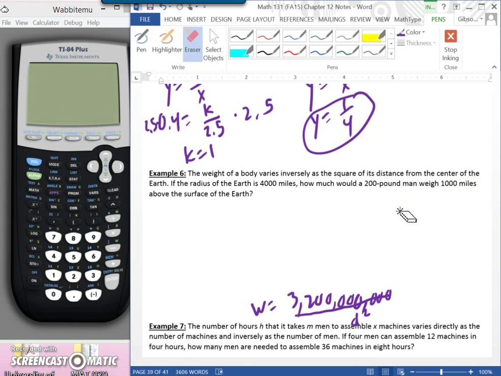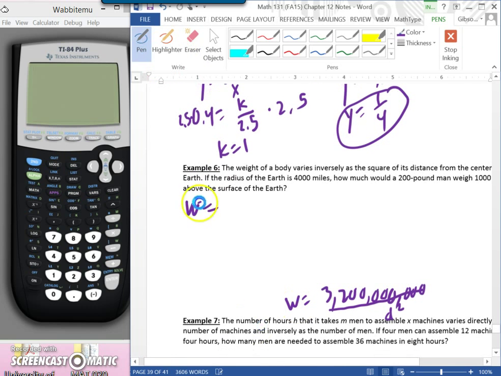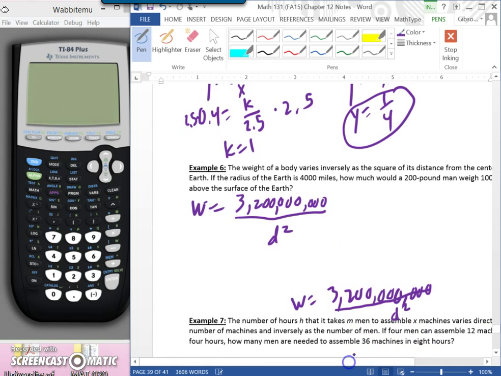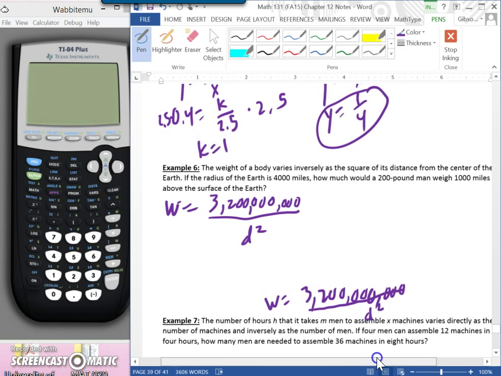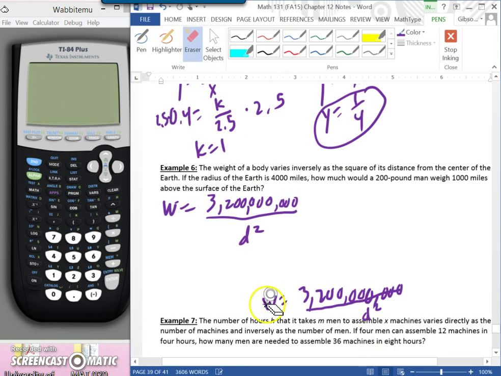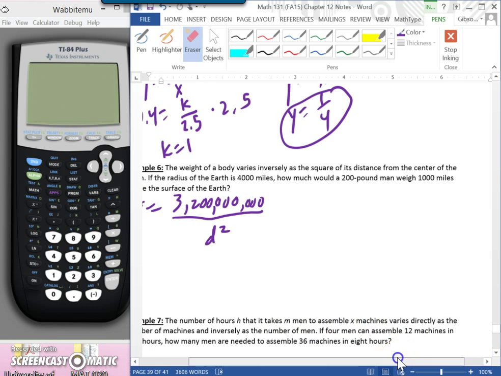So let me rewrite this here. Okay, so we had W is equal to 3,200,000,000 all over d squared. So I can erase this bottom equation as well. Okay, now this problem asks us here,